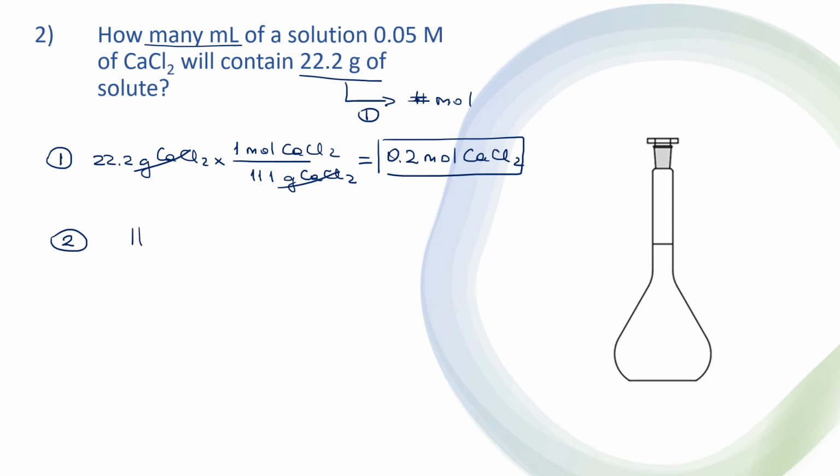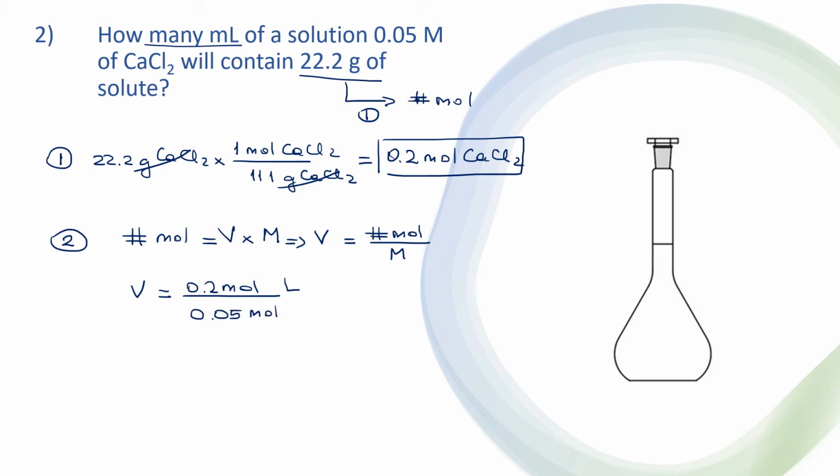So we know that always the number of moles is equal to the volume times the concentration, which is the molarity. The volume is what we need to calculate. So the volume is going to be the number of moles divided by the molarity. So volume is the number of moles, 0.2 moles, divided by the molarity, which in this case is 0.05 moles per liter. It's very important that you put the units so you remember that the volume that you are going to obtain is in liters,